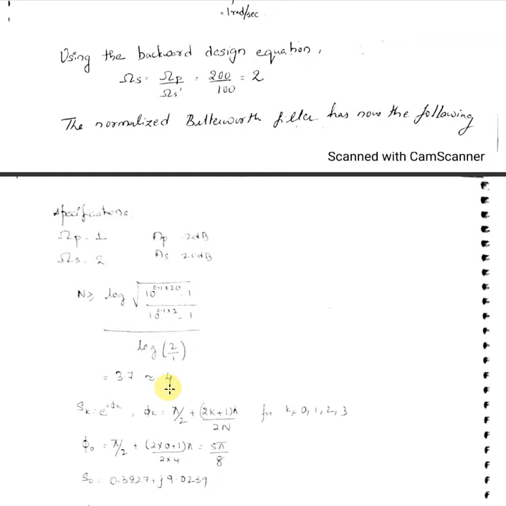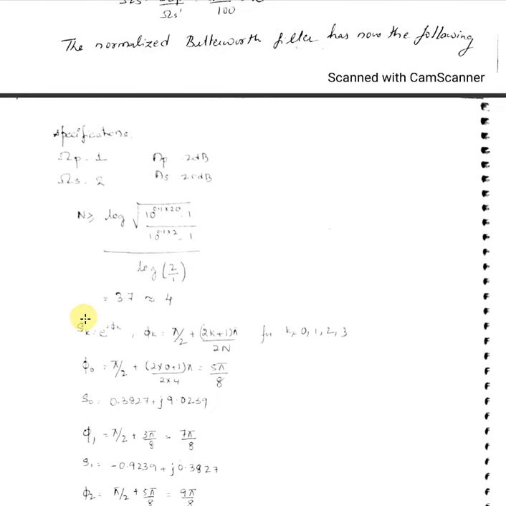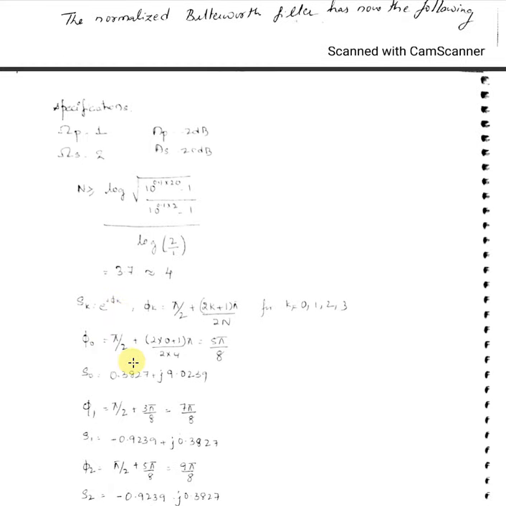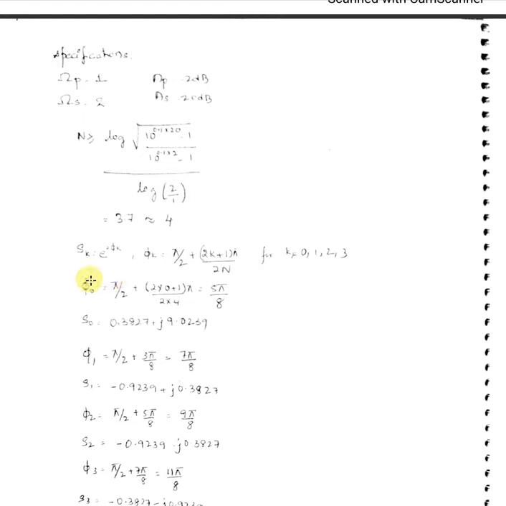So the transfer function for n equal to 4. I have written 4 here, that is nothing but indicating 4 poles in your s plane. So the transfer function is 1 by s minus s0, s minus s1, s minus s2, s minus s3, you got.